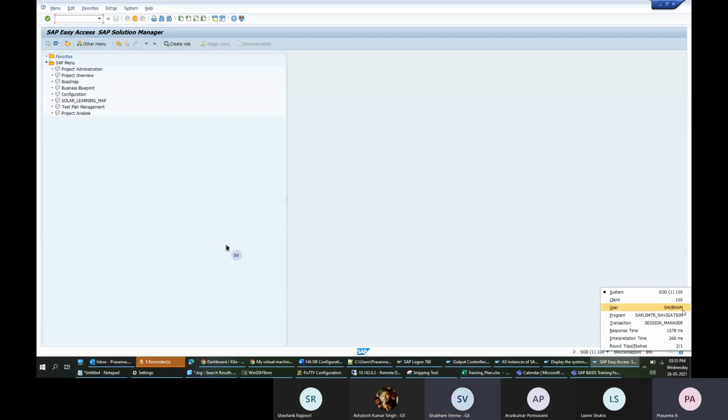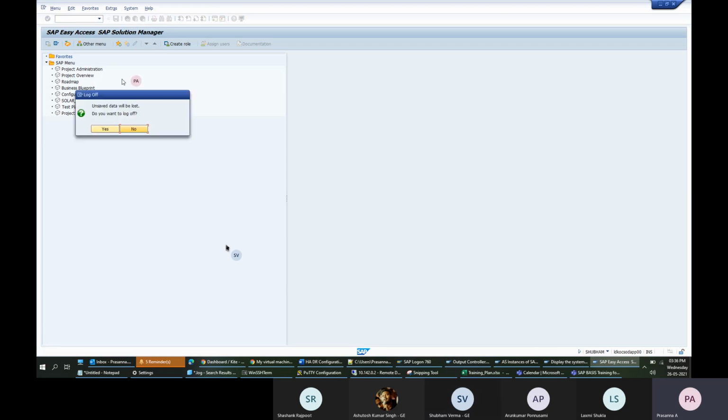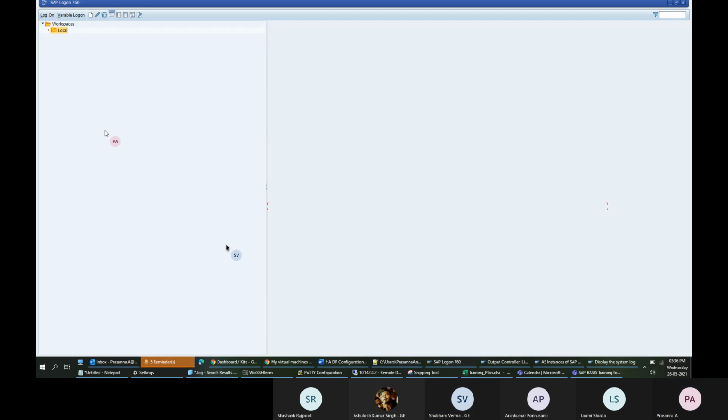And if you want to log out from this particular user, you can use this yellow one, log off, or the shortcut is /NEX. If you type /NEX, it will not ask for any prompt, it will directly log you off. But if you click log off, it will ask for confirmation: do you want to log off? Yes. Okay.